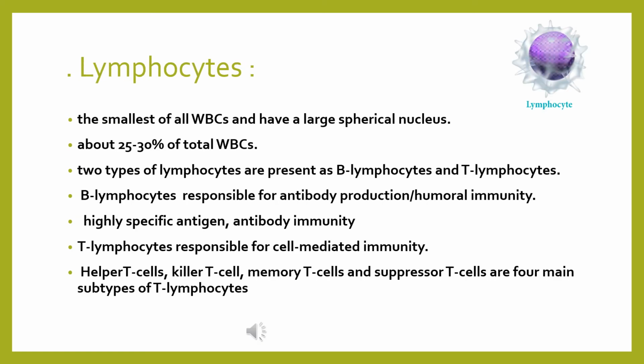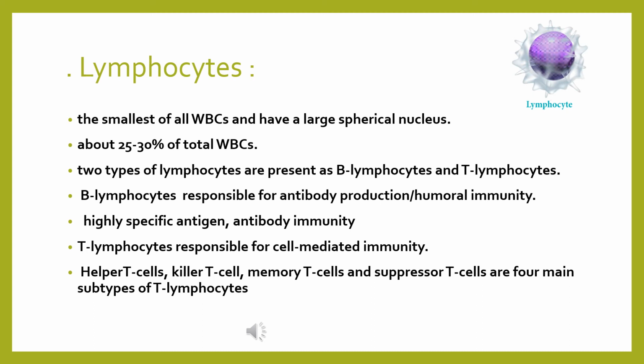Lymphocyte is a type of agranulocyte, meaning the WBC which is without granules in the cytoplasm. Lymphocytes are the smallest of all WBC. They have a large spherical nucleus. It is about 25 to 30% of the total WBC. Lymphocytes are produced in the bone marrow cavity of long bones, but depending upon where they undergo maturation and their function, we have two types of lymphocytes, B lymphocyte and T